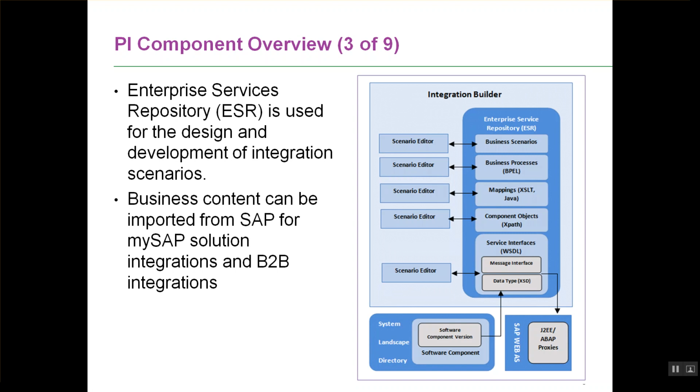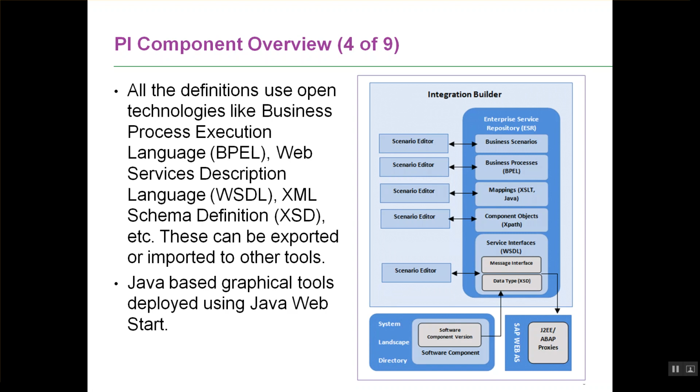This kind of content that SAP provides is called pre-delivered integration content. The idea of pre-delivered integration content is that SAP is building the content. You do not need to build anything in PI. The only thing you would do is import that content into the enterprise service repository, and after you import it into the enterprise service repository, you would just configure the interface in the integration directory.